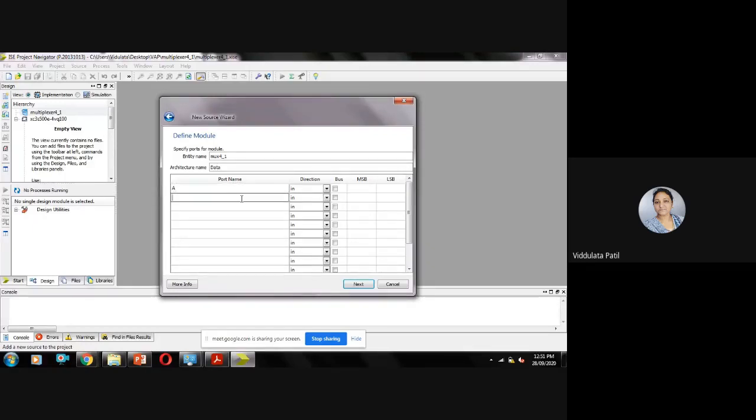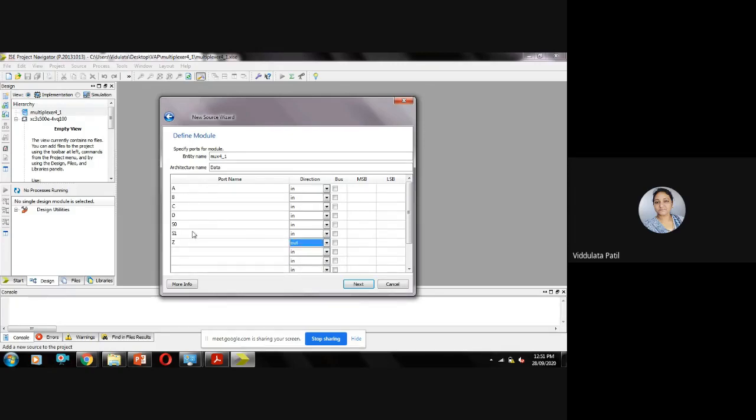We are going to have A, then B, C, and D. These are the inputs. At the same time, S0 and S1. All these are bits, and then Z is the output.